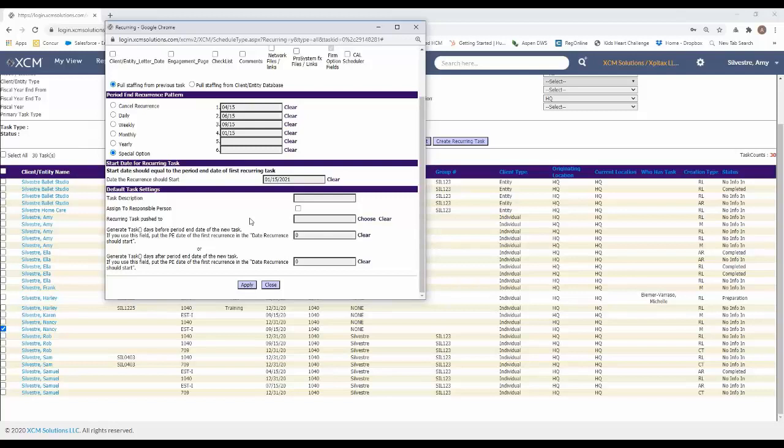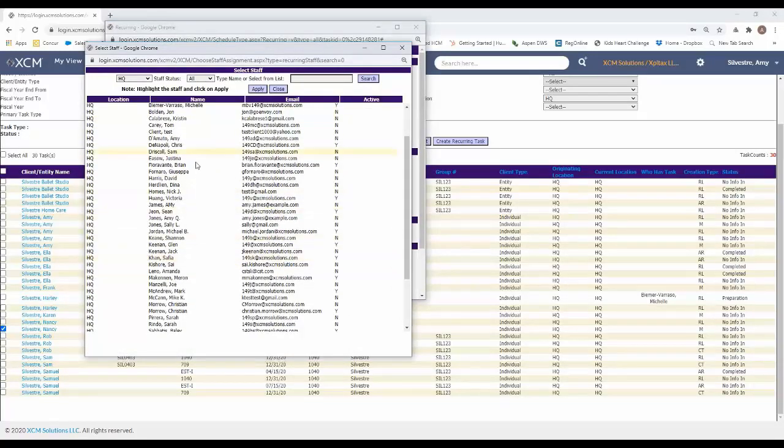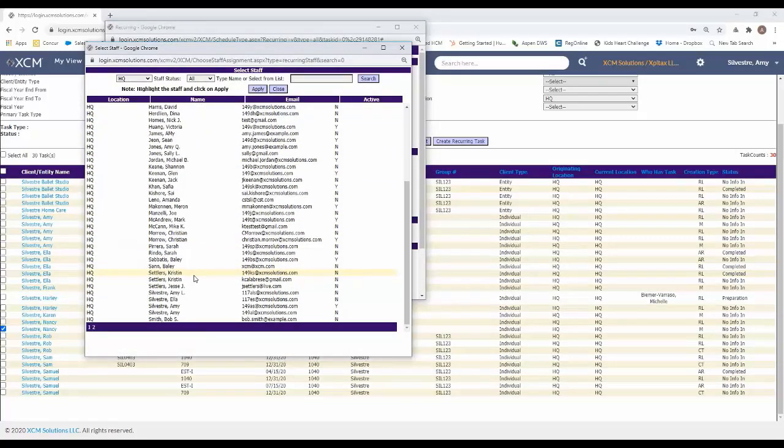And ultimately, that responsible person for most of your tasks is probably a partner and most likely doesn't want all of these estimates to go to their MyView page. So we give you the other option, which is to push it to an individual's MyView page. So this is where you're going to do that. You're going to say the recurring task is going to push to, and you're going to come over and choose that person. So I'm going to say it's going to push to my MyView page, but you can select anybody